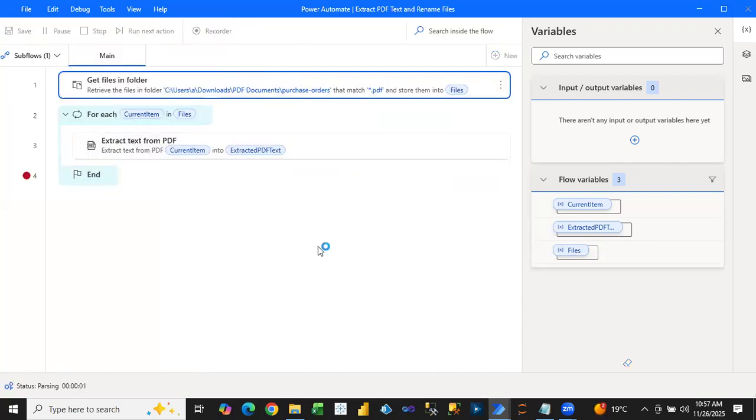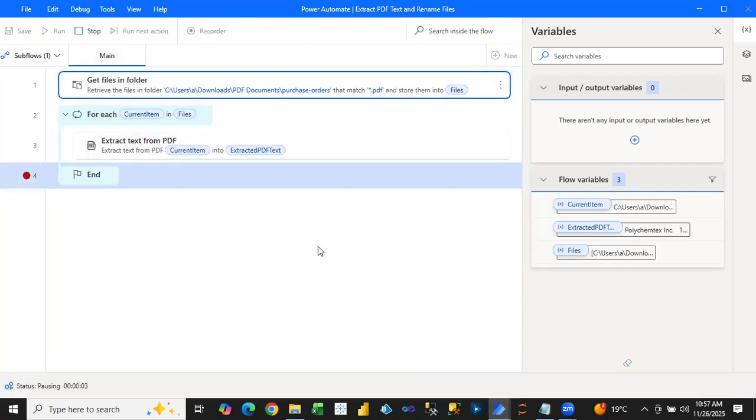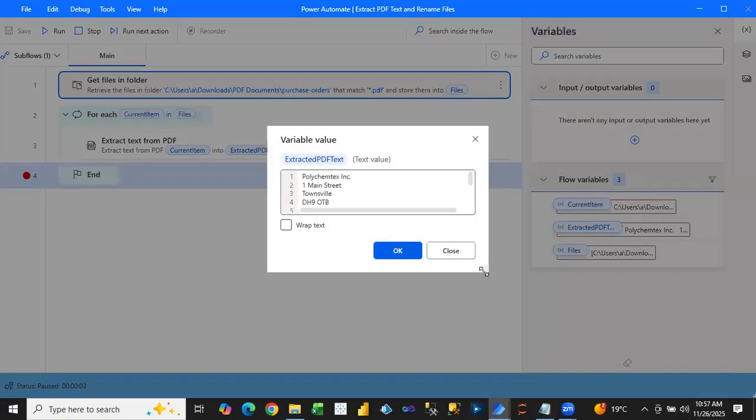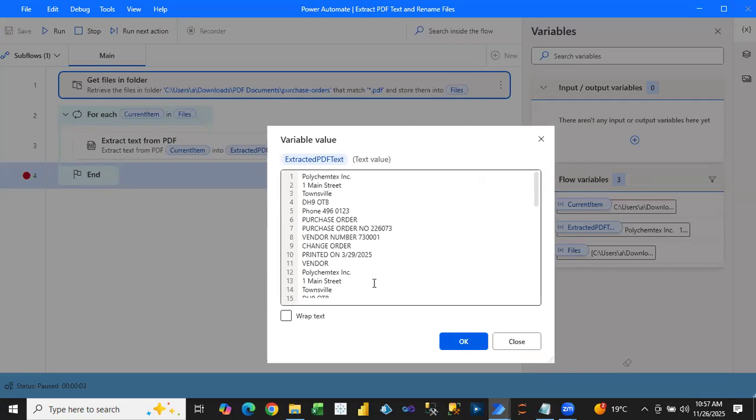And now if I execute this one to show you step by step. If you look into this extracted PDF text, it has extracted all the details from here, but all the details are coming as a single statement, right? So from this, what we have to capture, we are looking for this vendor number. So the text which is coming here as a single output, we will